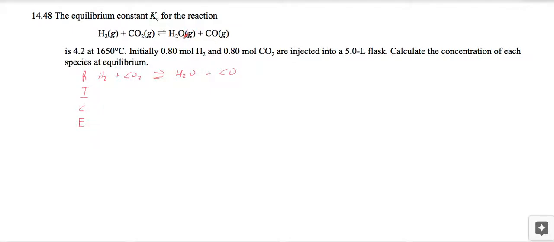If this was liquid water, we would take it out. So now we have concentrations 0.8, 0.8. We have 0, 0. After I even said that this is not given to us in concentrations, I go and do that. So now we have 0.16 and 0.16, minus x, plus x, plus x, minus x, minus x. So we end up with our K value, which is going to be 4.2